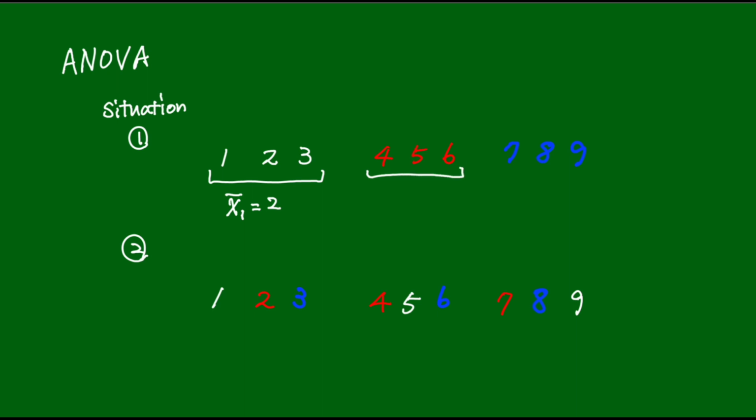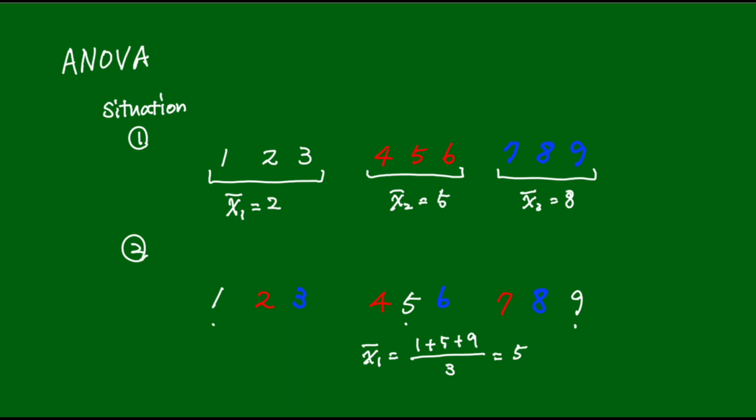And this is class 2, so the sample mean for class 2 is 5, and also the sample mean for class 3 is 8. Okay, and let's say, for the second data set, x1 bar is 1 plus 5 plus 9 divided by 3,